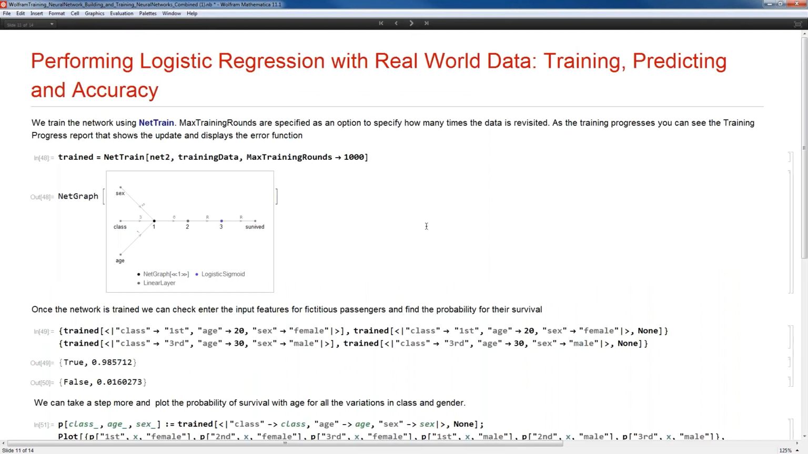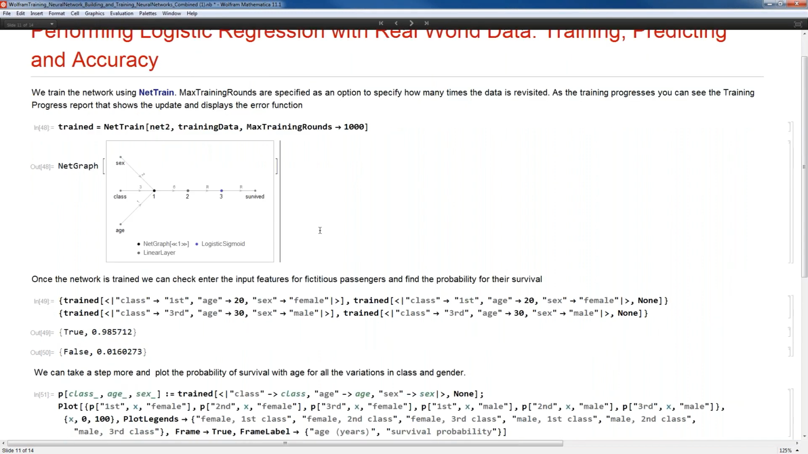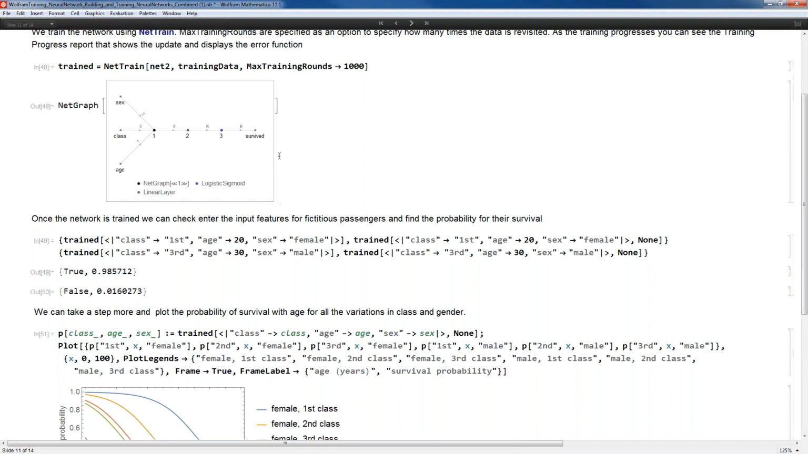Then finally, we'll train this network. So we take the net which we had created and train it on the training data, the first 800 examples which we got from the data repository, and then we use an option that sets the number of times we want to use this training data. So we say that each of these data will be used 1,000 times. So this is how we train this data. And then finally, when we have the trained network, we will check